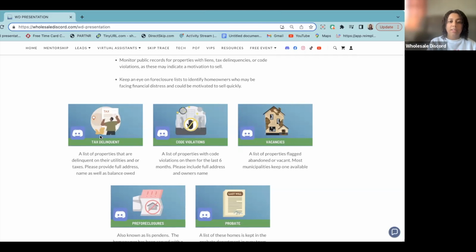The reason for that is you want the address and the name so you can skip trace it properly. And then you also want the balance owed so you can focus on the ones that owe the 20, 30, 40,000 compared to the ones that owe 100, 200. I mean, at the end of the day, we're going to call all of them regardless, but you want to call the ones that have the most because they will be